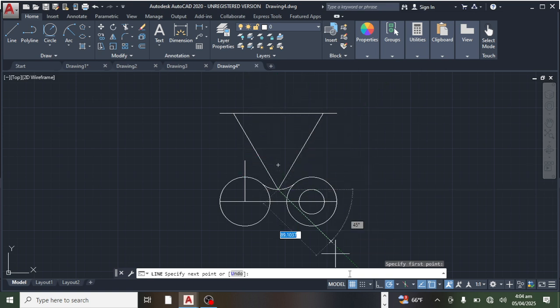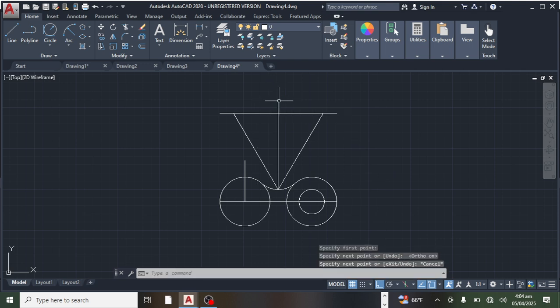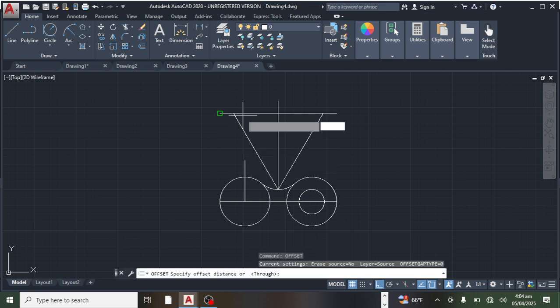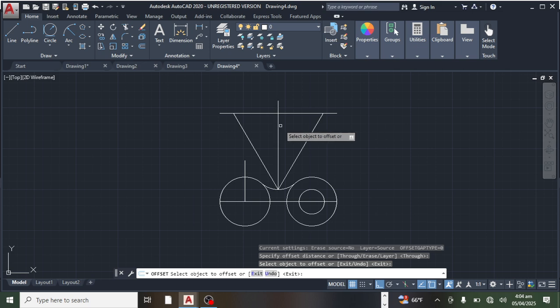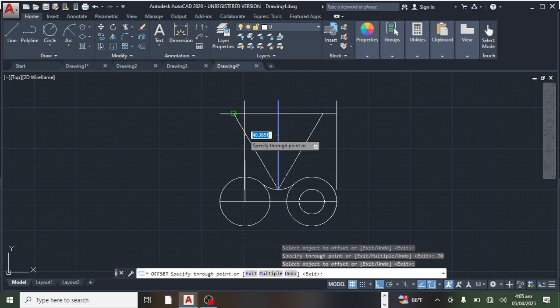Okay, orthogonal on, then we offset, enter, 70, also 70. Okay,